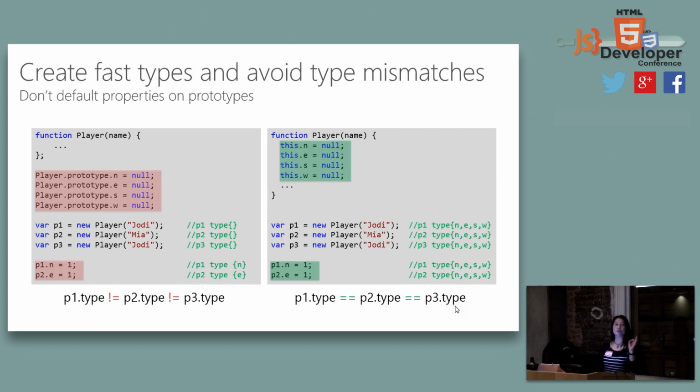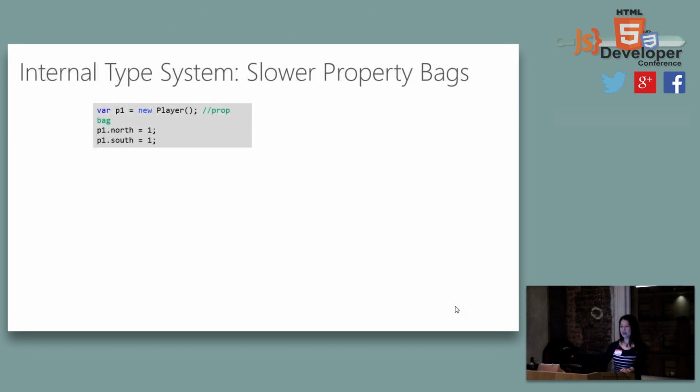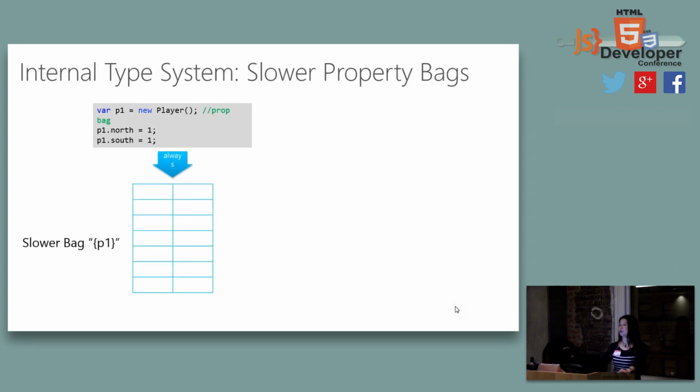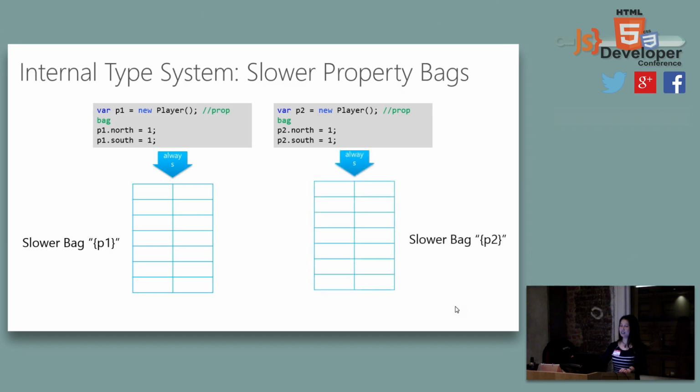All right, so this is another thing. When you're doing the initialization and property assigning for your prototype, make sure you don't do this. Right? Okay, so this is obviously something some people probably know already. Whenever you do a little property bag like this, anytime you do a little property bag like P1 and P2, they are never the same object type. They are very different object types when you use slow property bags. So if you don't want to use property bags, don't use them. They could be slow because they create a lot of new objects, which is not something you want or intend to create.